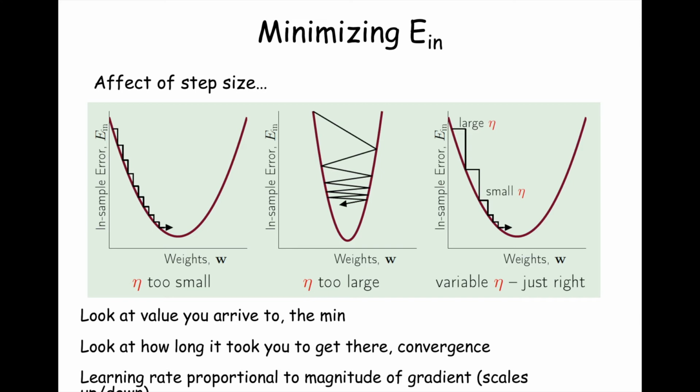So we start out with some initial value W naught, and we have our in-sample error En for that setting at time t0. And so if our eta is too small, what happens? Well, what happens is that weight update, yes, it's in the correct direction. That direction is going to be to the right, but it's going to be so small that each time we make an update in the direction,